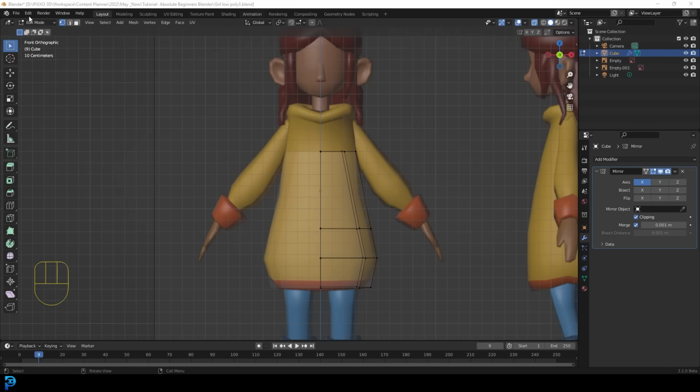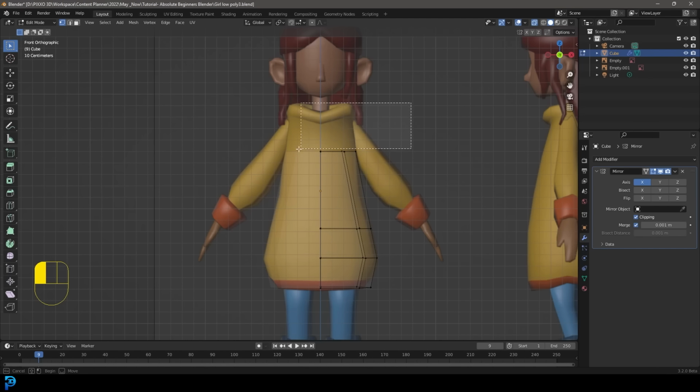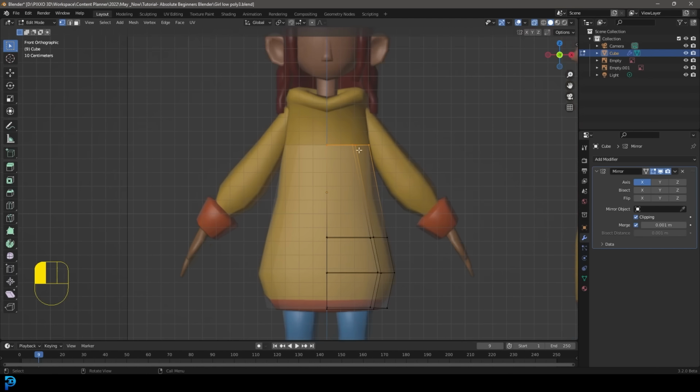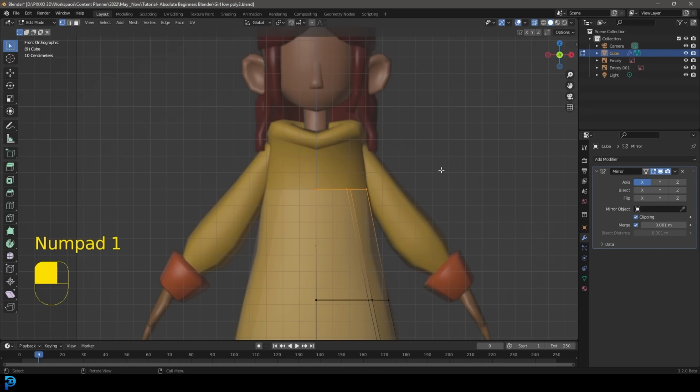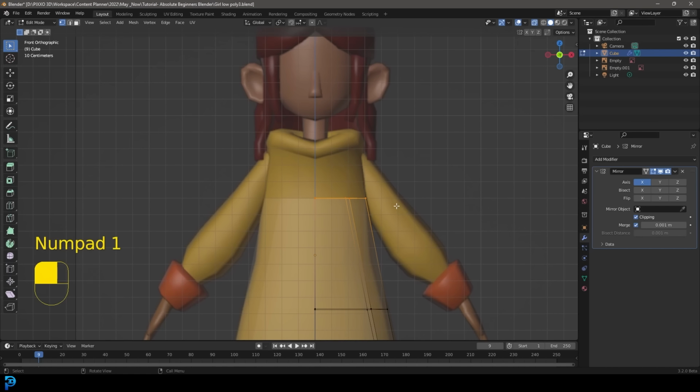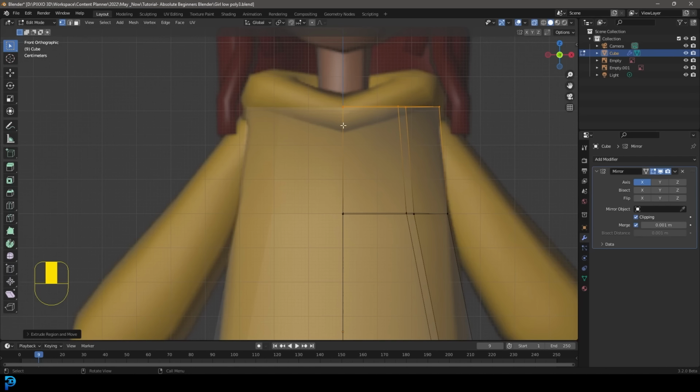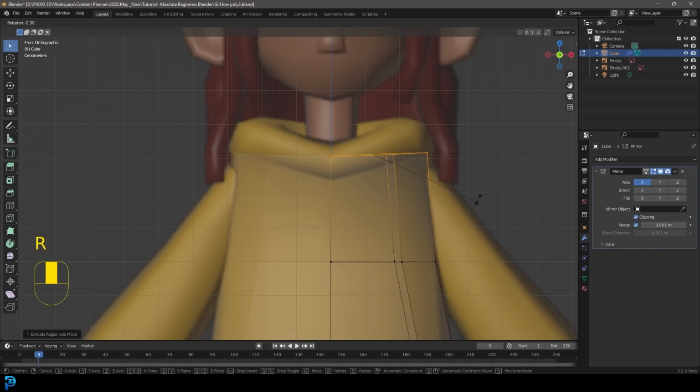Okay, so what we're going to do is make sure we have our vertex select option enabled. We're still in edit mode. We're going to left click and drag in our front orthographic view and select these verts over here. Once they are selected, remember 1 to go into front orthographic view, you're going to go E to extrude and then just move it up to about here on the reference, or just under the neck. And then you're going to go R to rotate and rotate it this much,